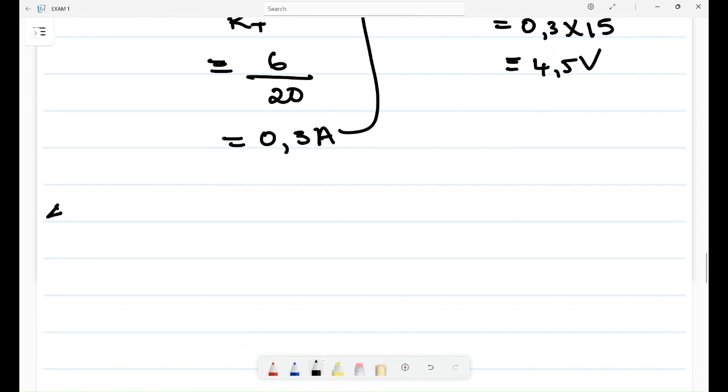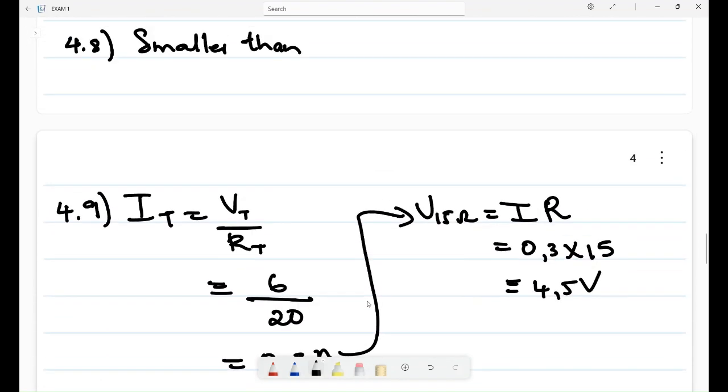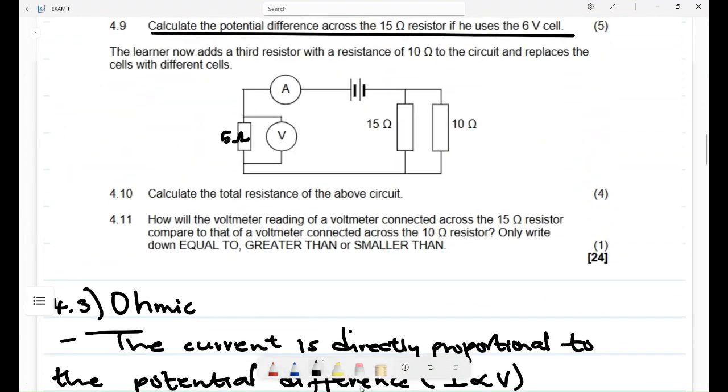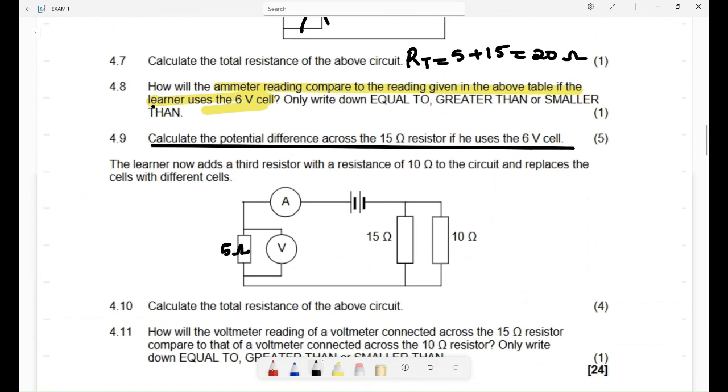4.10. Let's see if we have 4.10. Yes. Now before 4.10, there is a scenario that says a learner now adds a third resistor with a resistance of 10 ohms in the circuit and replaces the cells with different cells. Now, yes, the cells should be different, but it is still the same 6-volt cells. Or let's not do that assumption, but yes, you should replace your cells because they already have